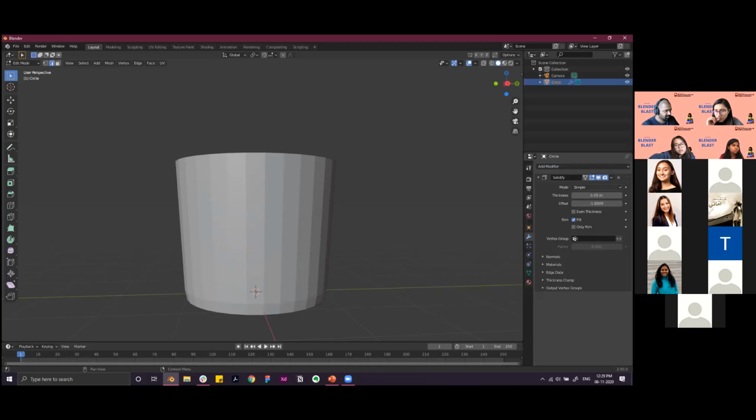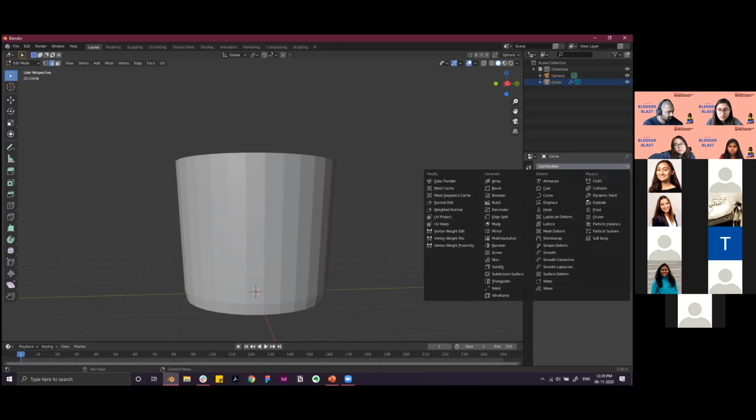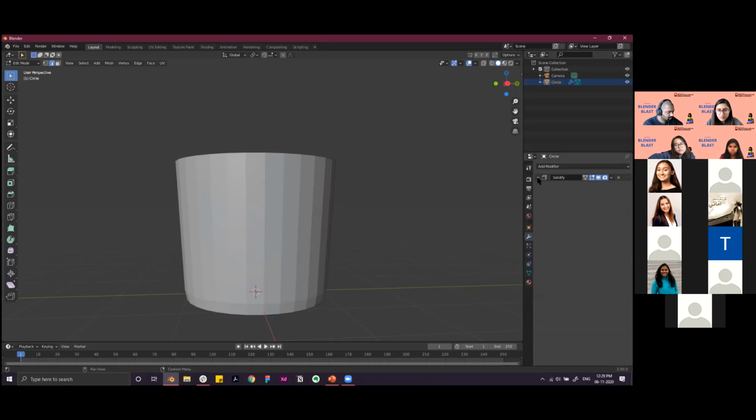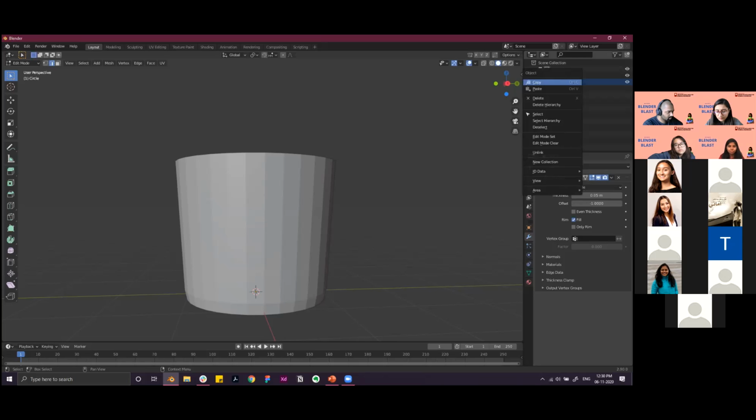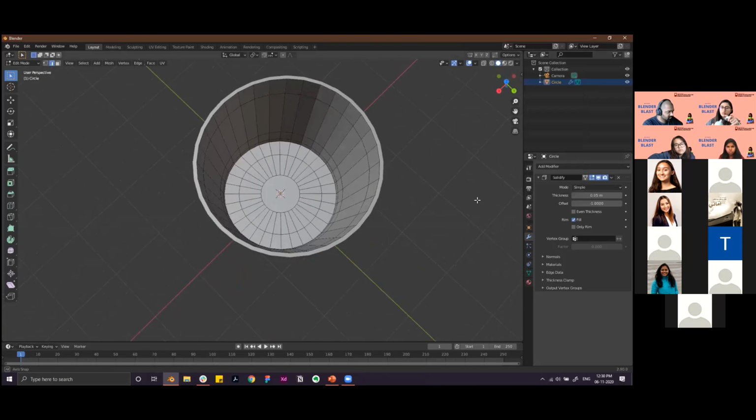So once you have that, you can play around with the thickness and probably set a value of 0.5 if you want. So that will give you a thickness for the cup.